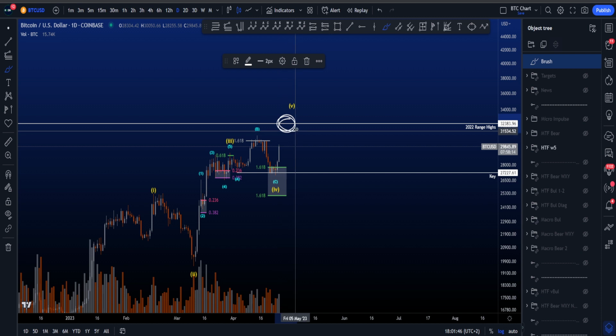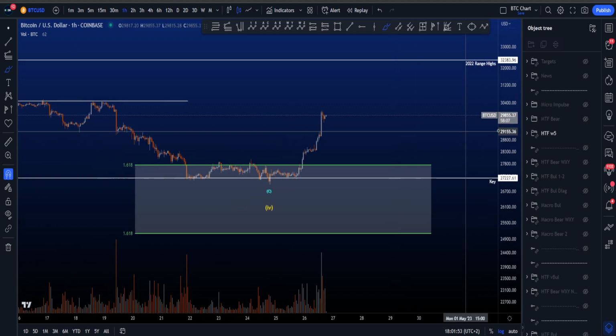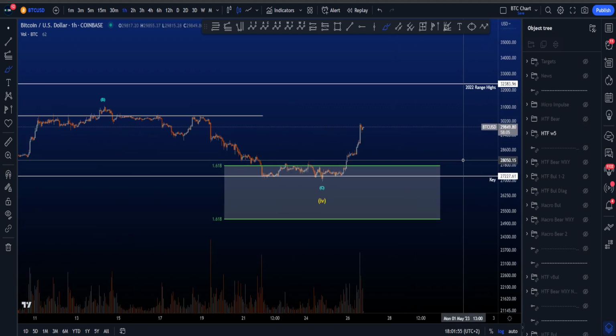To wait and see what price is going to do, if it is going to reach this target, because of course we do not know what price is going to do. We can only trade price based on our personal trading strategy, our analysis, our trading plan, and that is also something I can definitely recommend for you to build your trading plan, build your strategy, and make sure you become a consistent, profitable trader.